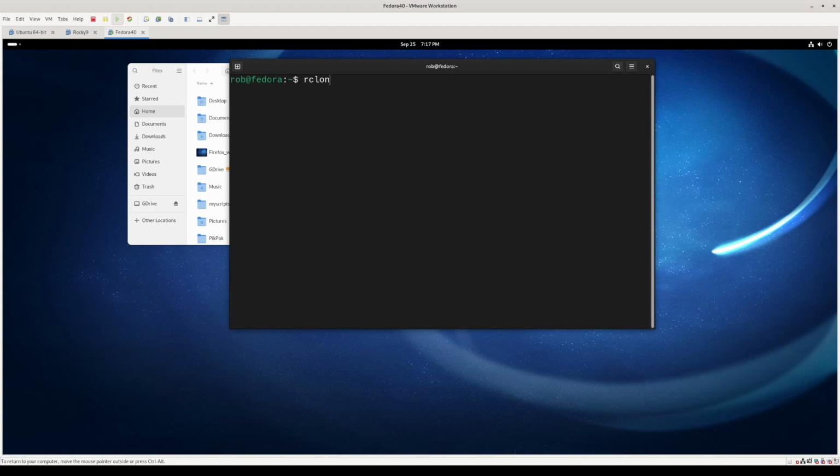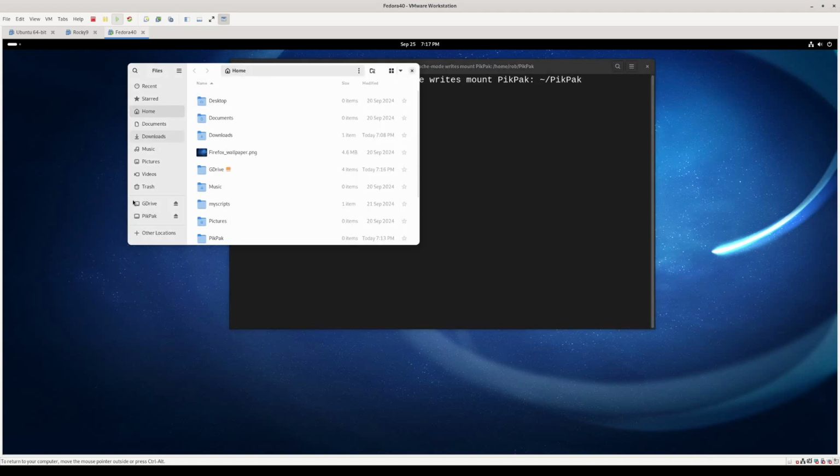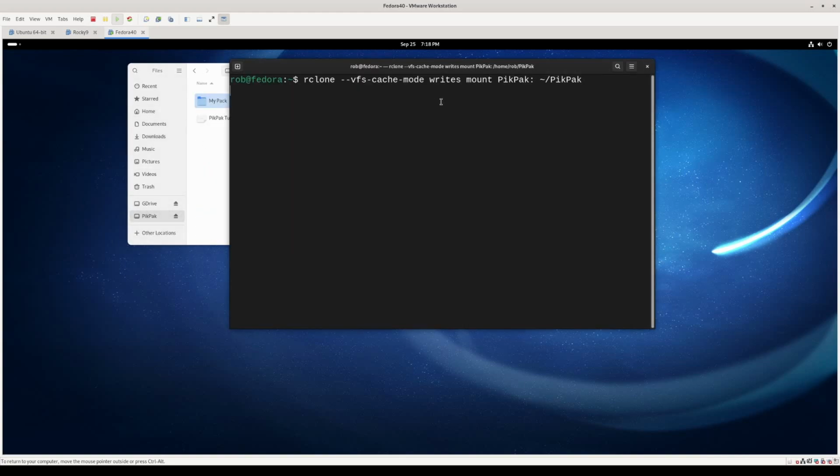rclone --vfs-cache-mode writes mount pikpak: ~/pikpak. And you can see we now have our pikpak directory back. So to solve that issue,